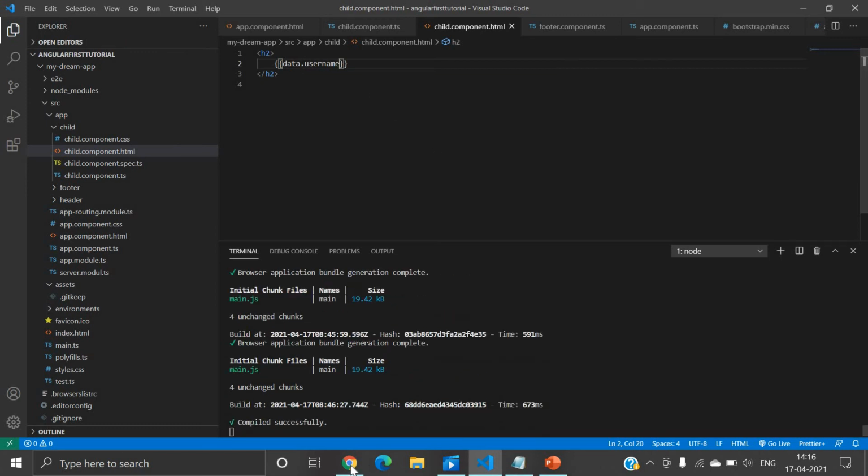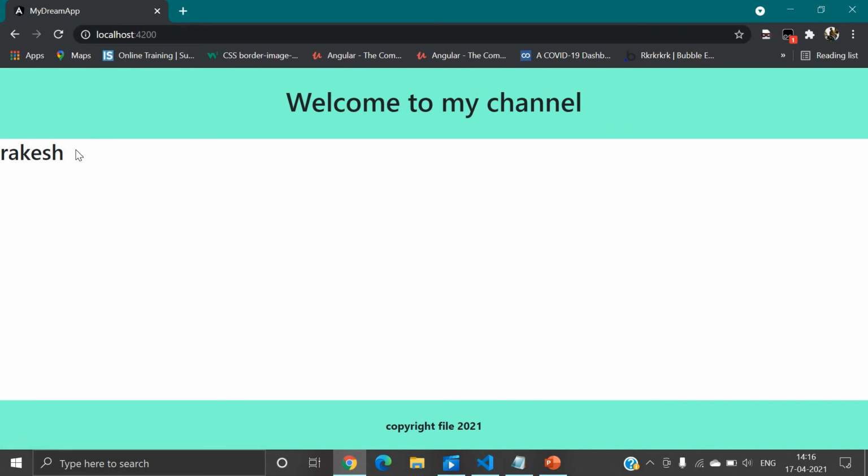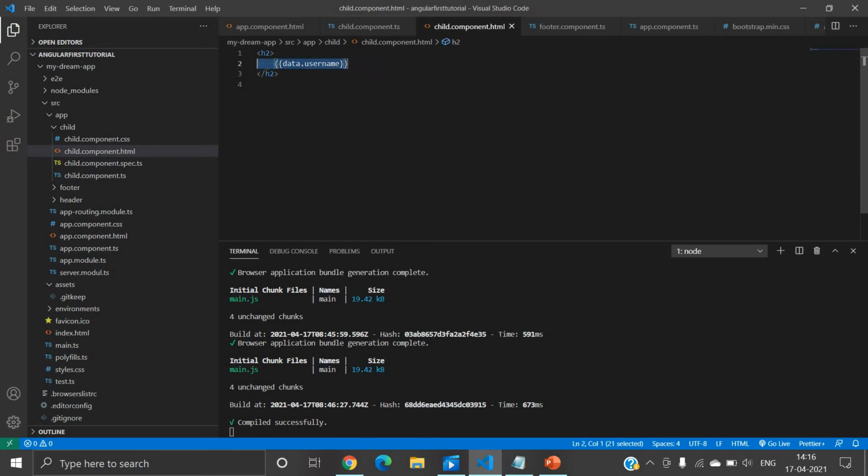Again, now here you can see the username is displaying. And you can use another string interpolation for another data. Let's say data.mobile, right?